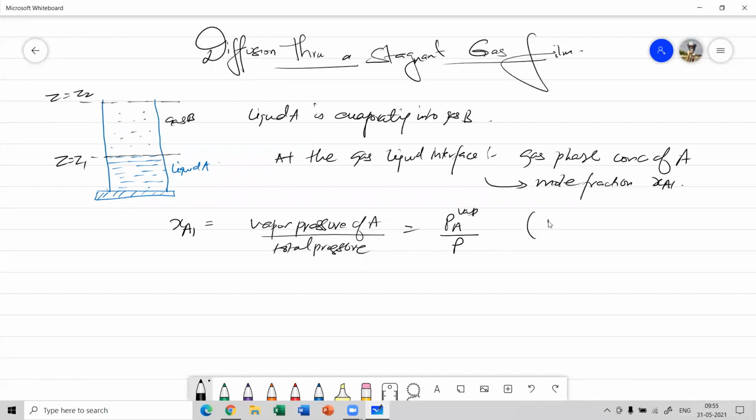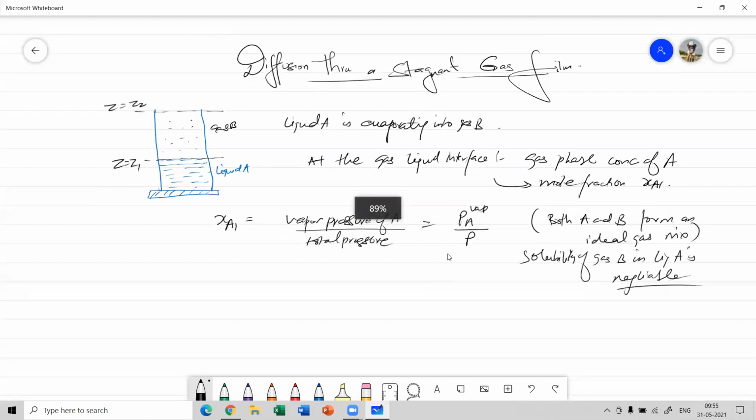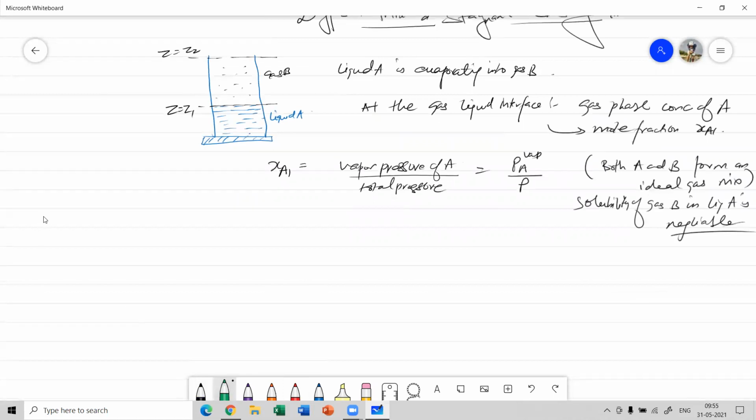provided that both A and B form an ideal gas mixture, and the solubility of gas B in liquid A is negligible. Now at the top of the tube, that means at Z equal to Z2,